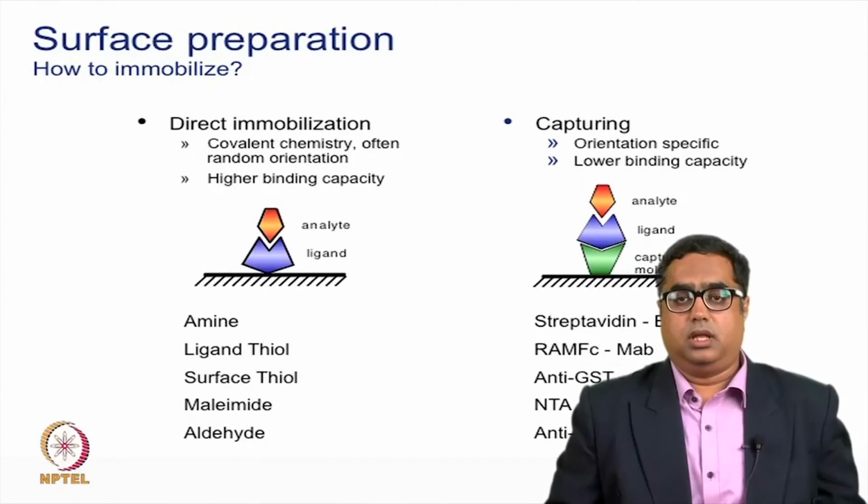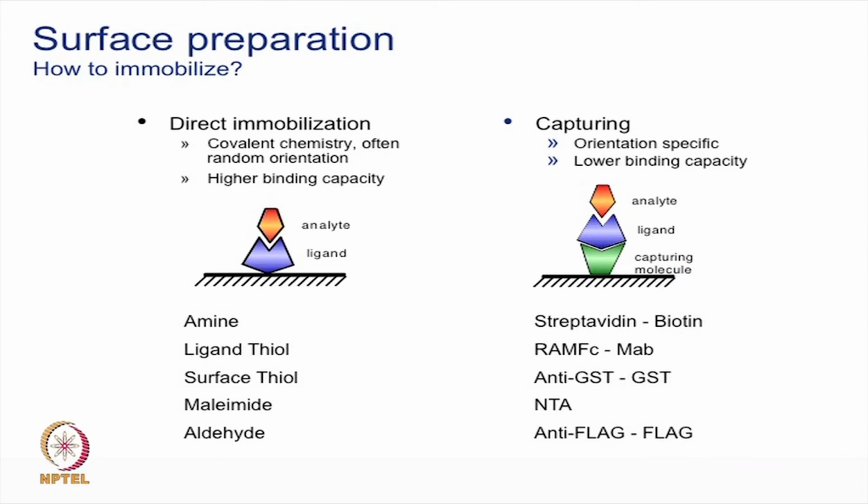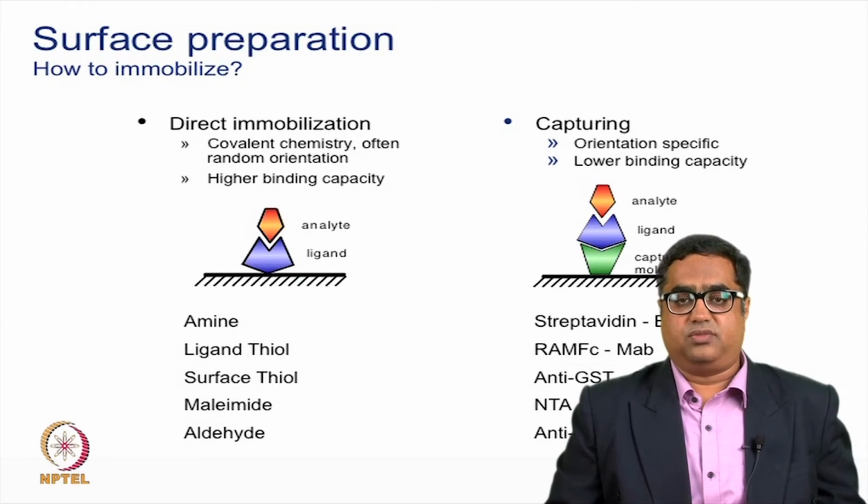In this session, we will understand the different kinds of sensor surfaces and the use of them in immobilization of a ligand. From the basics and from other sessions, we have understood about the surface preparation, direct immobilization or by capture methods. So, direct immobilization is a covalent immobilization which is a permanent immobilization, and in this process we immobilize our ligand, the choice, on a surface permanently. Other way of doing it would be a capture, and so in order to give a different sensors available or different surfaces that are available,